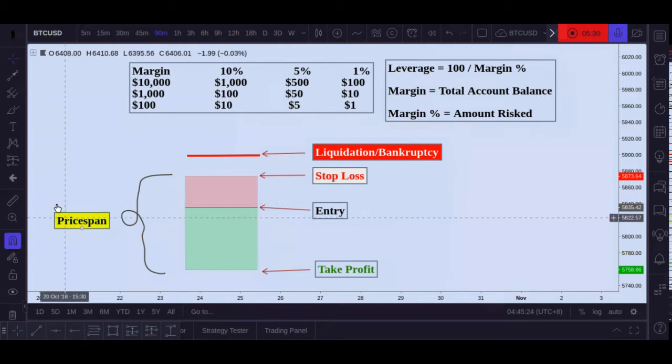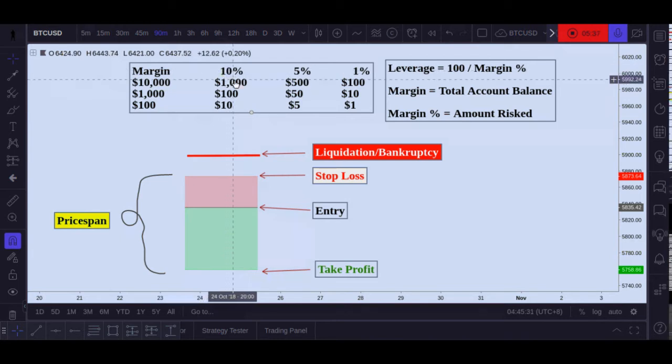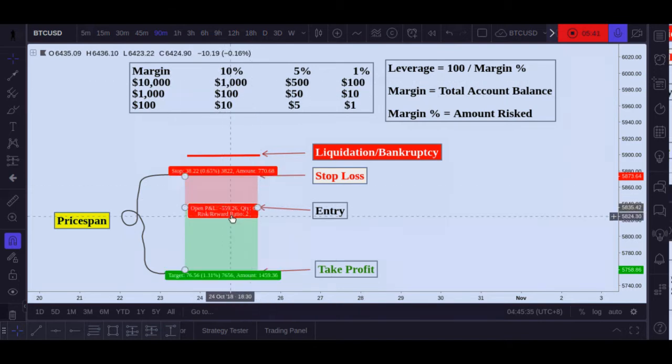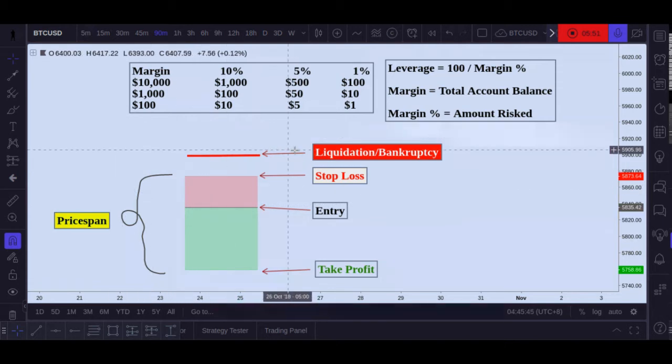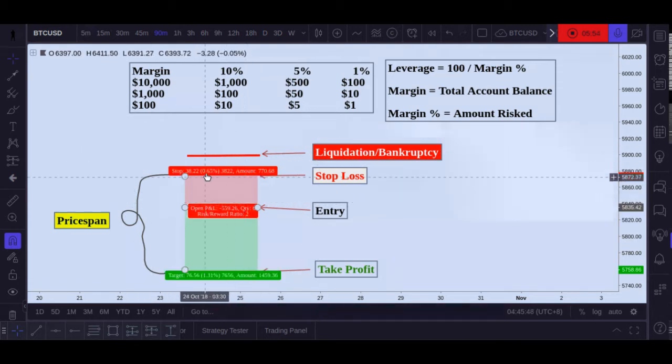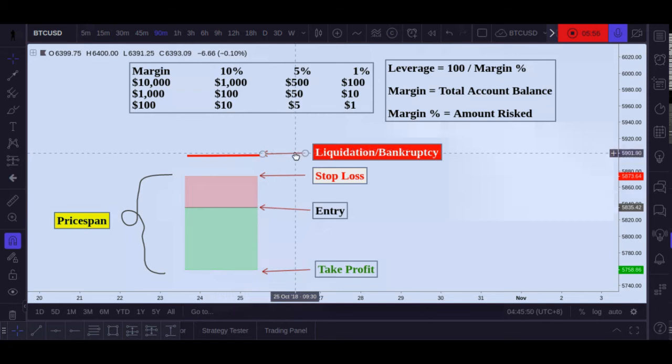Now let's say, for example, $10,000. Let's say you were going to risk 10% of your account. You have $10,000 in your whole account, and you're going to risk 10% for this particular trade to go short, 1 to 2 risk reward ratio. That means you would be risking $1,000, right? You enter right here, and BitMEX or Deribit, whichever one you're using, automatically will calculate your liquidation price